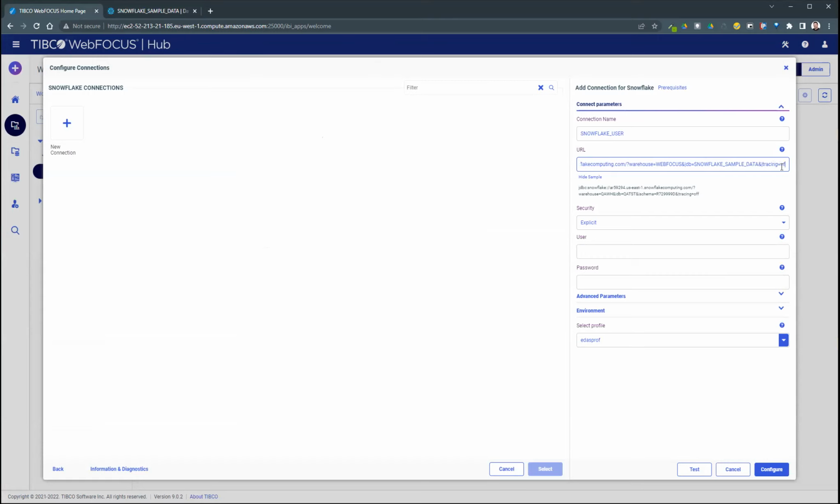I set tracing to be off in here. So that's the string: jdbc, your account, warehouse, which is the warehouse you're going to use, and DB is the database that you want to connect to. So we can add a string here. So let's add Snowflake sample data